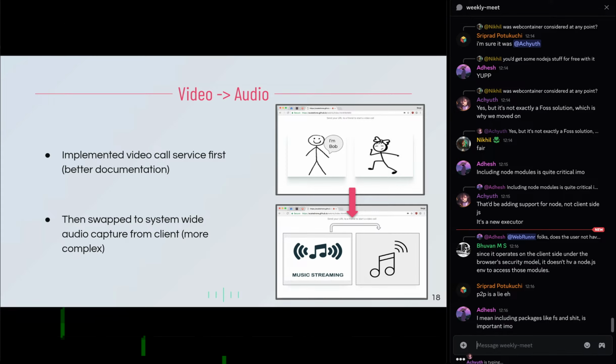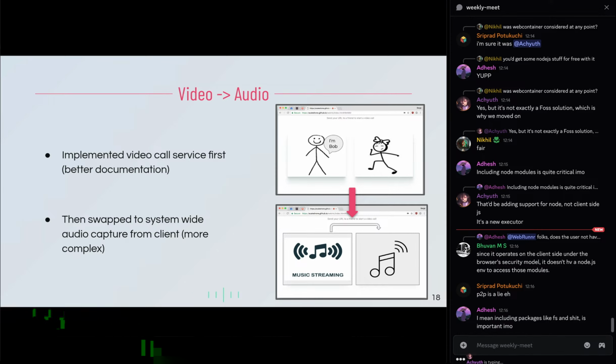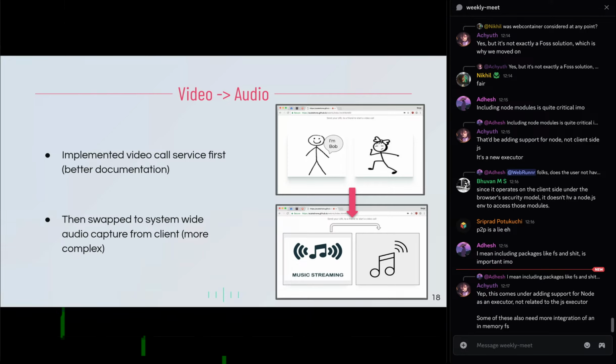Right. So how did we proceed with JamSesh? We first started off by implementing a simple video call service because the WebRTC video APIs are better documented and easier to work with. Another major reason was that the video call implementation basically acted as our blueprint for the project. So now we could focus on understanding signaling, peer connections, and real time streaming basics before we could tackle the harder parts. Once we got that working, we moved on to our main goal, which was capturing system wide audio